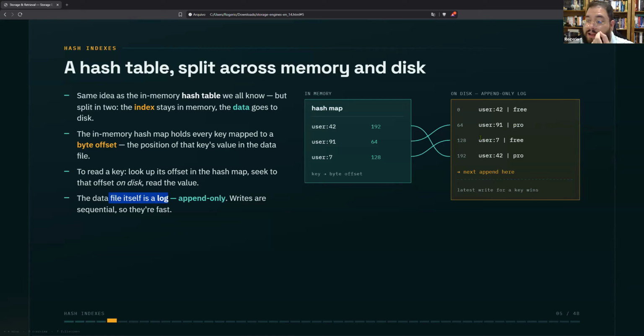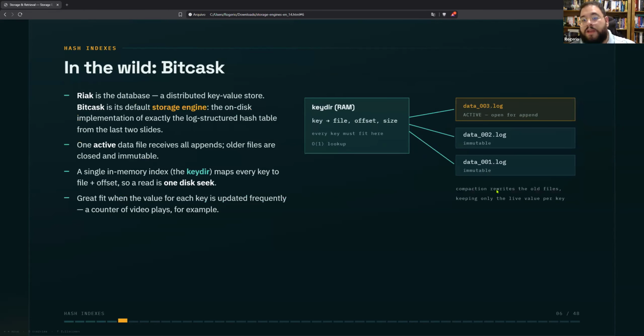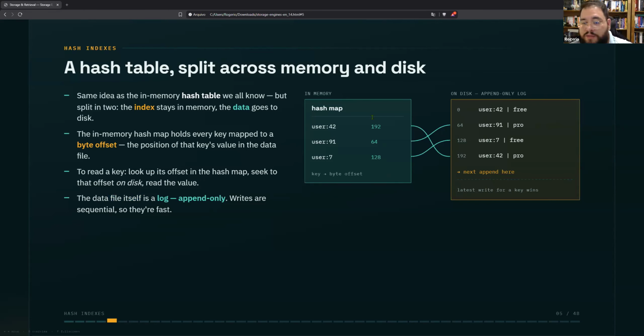And after that, at position 128, we have user 7 value free. So you store the byte offset of each key: user 42, byte offset 192. User 91, byte offset 64.